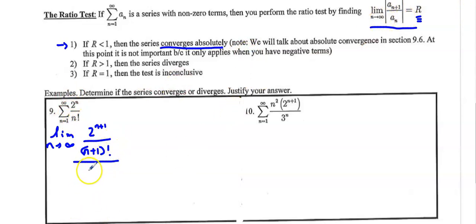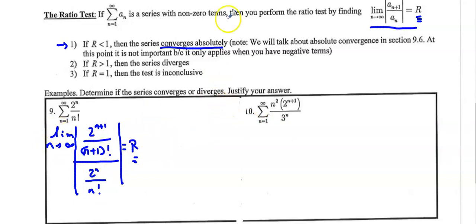And so this is going to be 2 to the n all over n factorial. And then we're going to take the absolute value of this, and we're looking to see what this actually equals. We want this to equal some r. And the r is going to tell us whether the series converges or diverges. So this will be the first and last time that I write it like this, because as we all know,